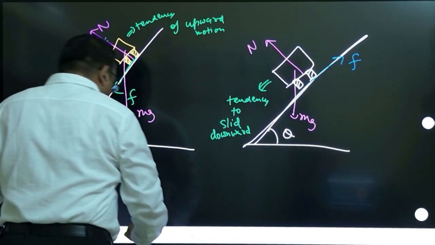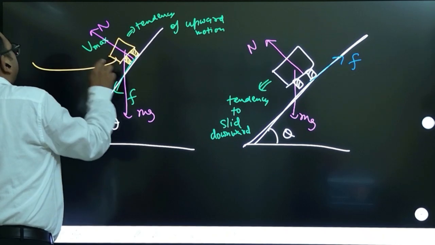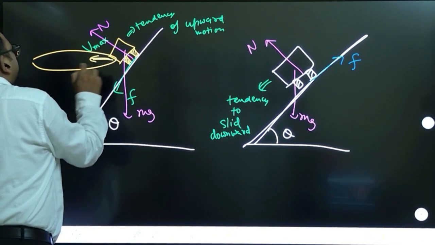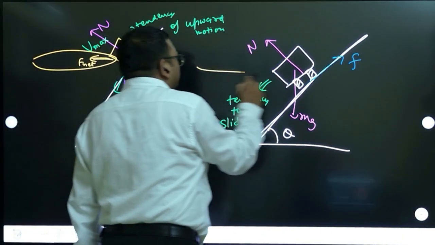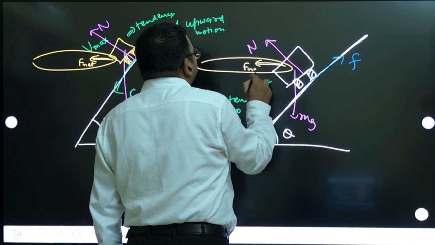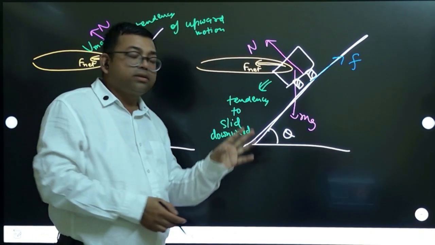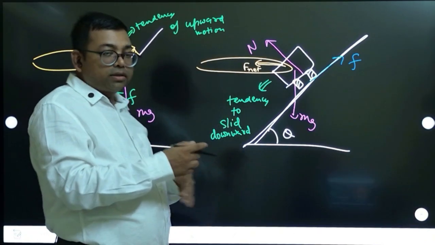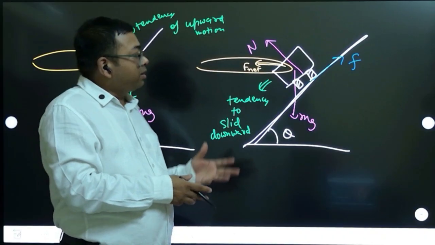And note that it is going in a circular motion. So this is the circle. So the net force must be towards this side, which is the centripetal force. Here also it is going in circular motion, so the net force must be this side, which is the centripetal force. Then you resolve forces: vertical forces you balance, horizontal forces this way, that is the net force, mass into centripetal acceleration, and then you can